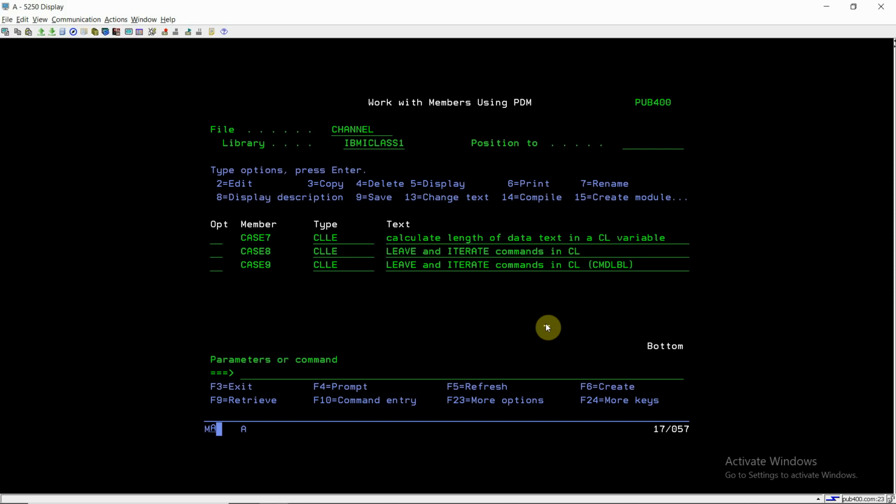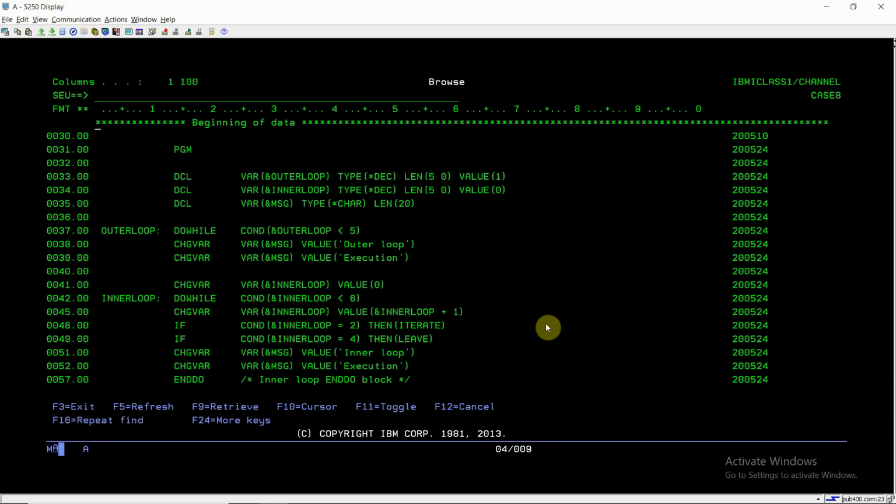If it is used in the outer loop, that will skip the next commands of the outer loop. That can also be controlled with the command label parameter, where we specify the label name. So how can we do that? Let's go through this program.